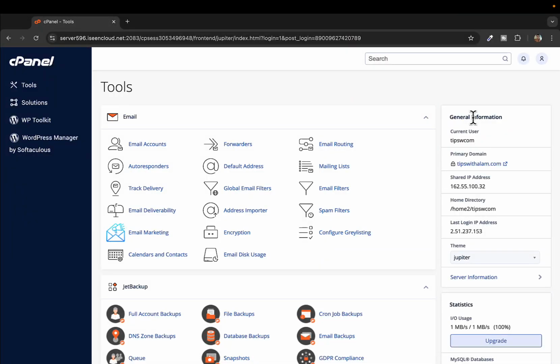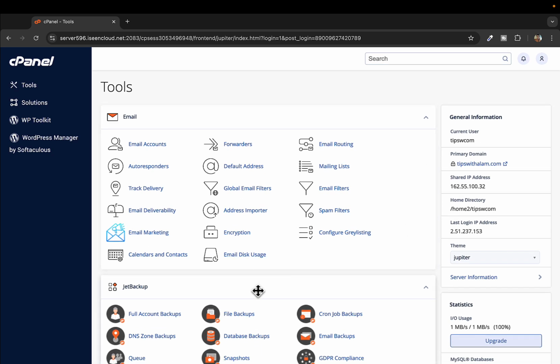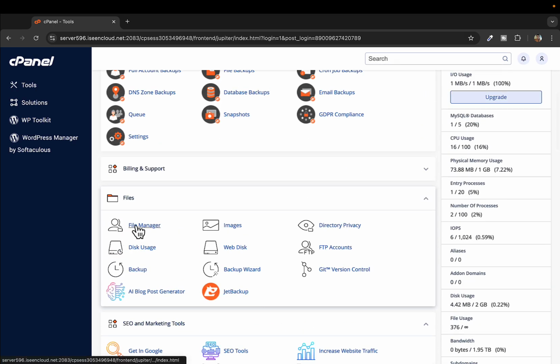So in this video I'll show you how to change PHP memory limit in WordPress. To do this you need to have a cPanel. Once you have the cPanel access and you log into your cPanel, just go to files and open file